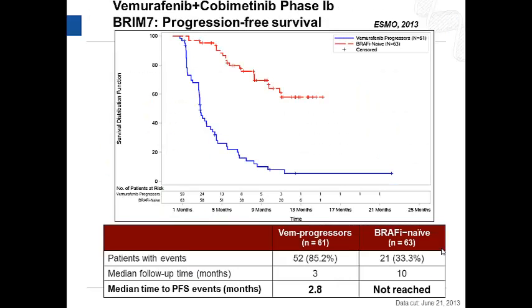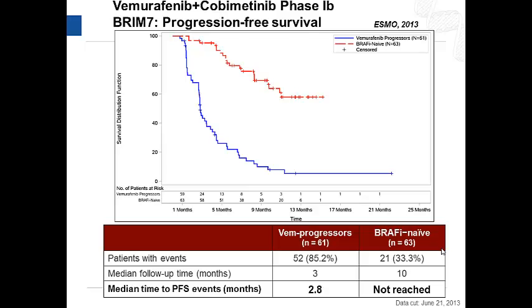A recent phase 1b trial of vemurafenib in combination with cobimetinib in BRAF V600E patients has looked at the response to the combination in either BRAF inhibitor naive patients or patients that had previously been treated with vemurafenib and had progressed. And as you can see from this data, it seems that the BRAF inhibitor naive patients had a very good response rate, and the median time to progression-free survival events has not yet been reached, while vemurafenib progressors have a more modest response, and the acquisition of resistance has occurred within 3 months,